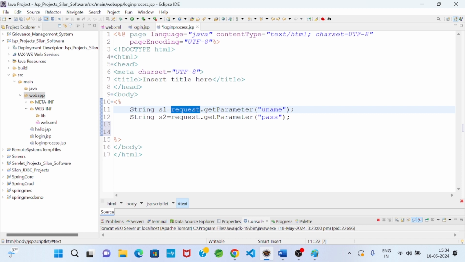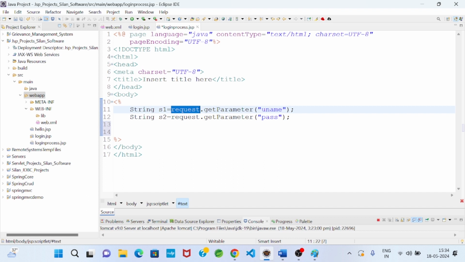Yes, you remember that when developing a JSP file, servlet API is here. Servlet API, already I have told, javax.servlet.* package and javax.servlet.http package. So servlet API is here.